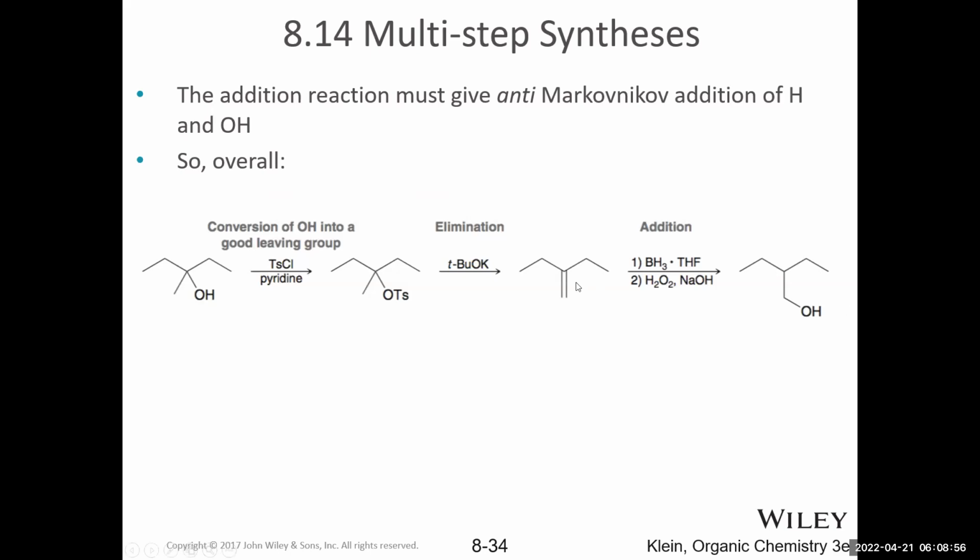From there, we need to do an addition reaction. And specifically, we want to do anti-Markovnikov hydration. It's a hydration because we're adding H and OH across the double bond. And it's anti-Markovnikov because of where the larger group is getting placed, specifically on the less substituted carbon. So we want to remember that if I want to do anti-Markovnikov hydration, I need to do hydroboration oxidation. That's the way your brain needs to think in order to be able to do these sorts of problems.